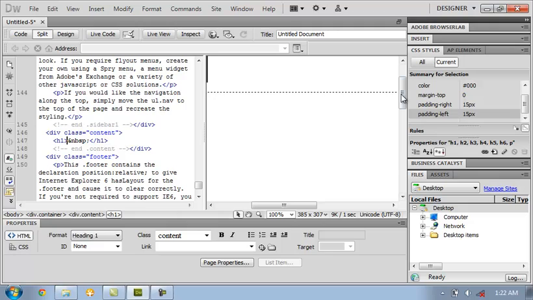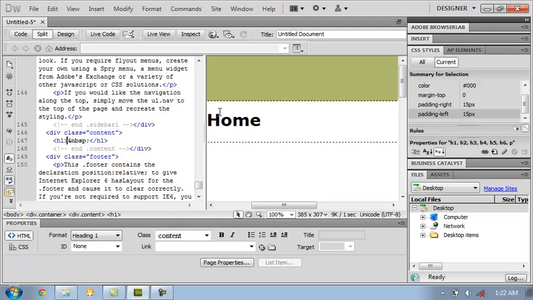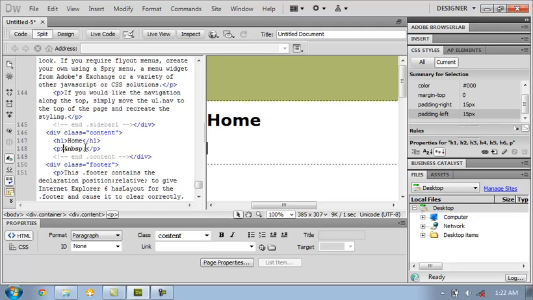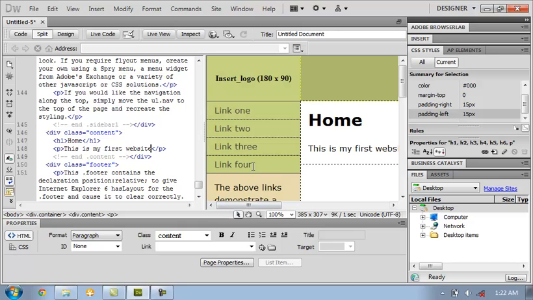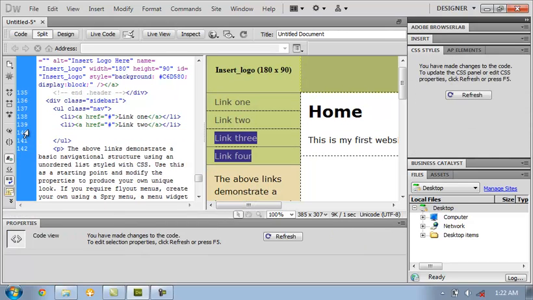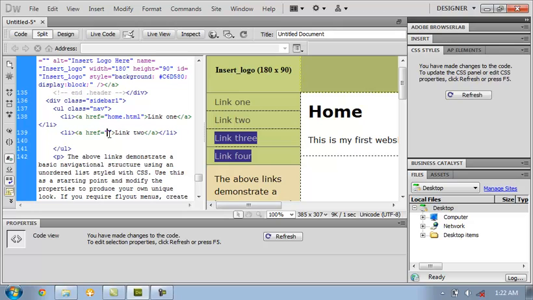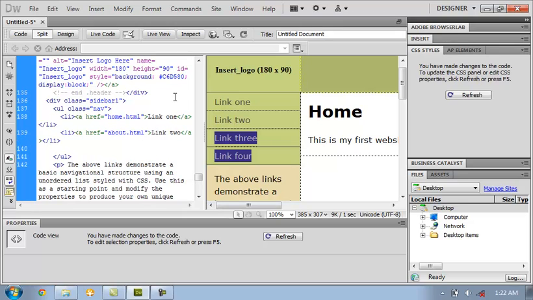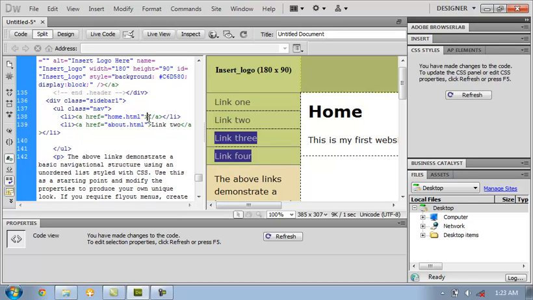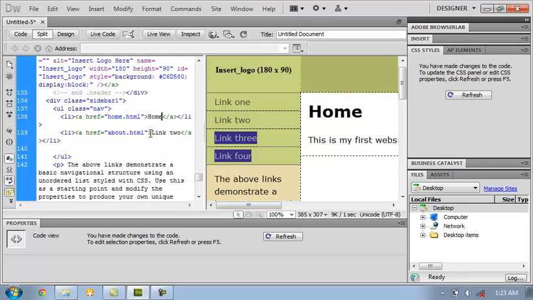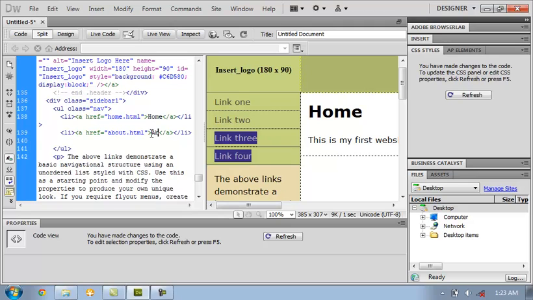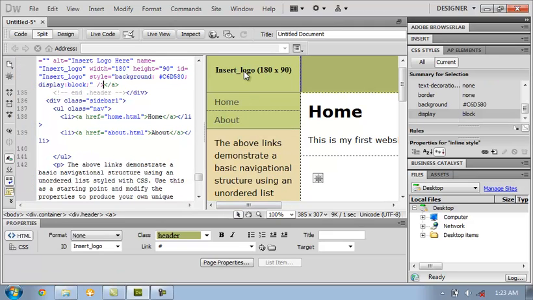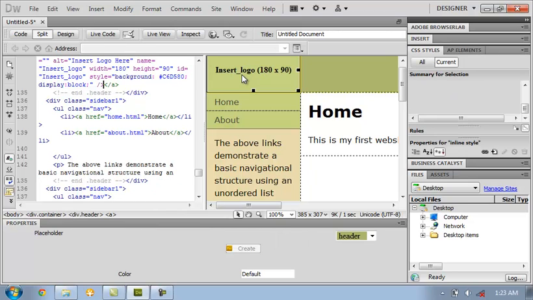Just edit this text. If you want to insert a logo, double-click this area.